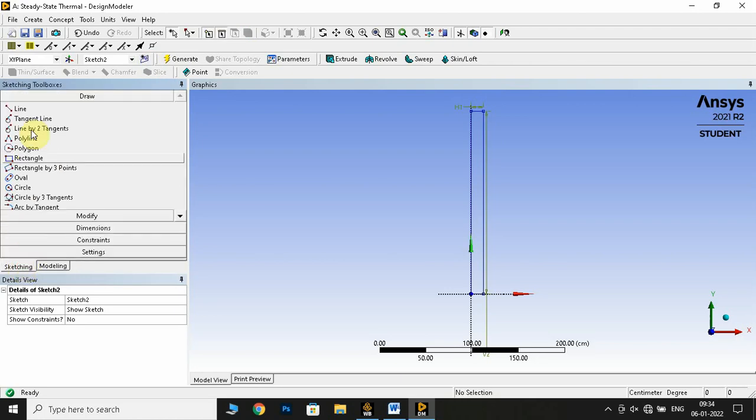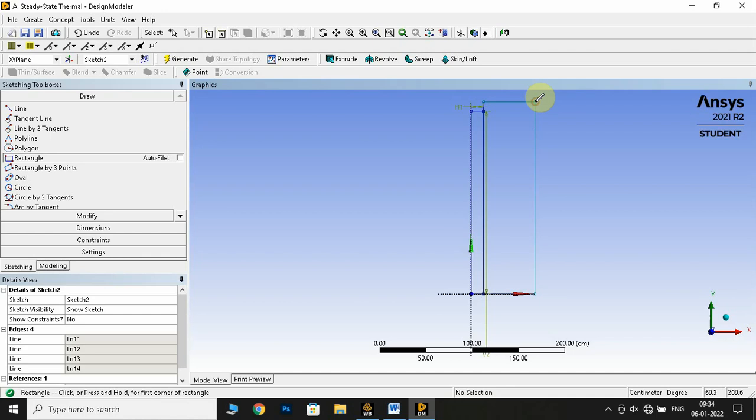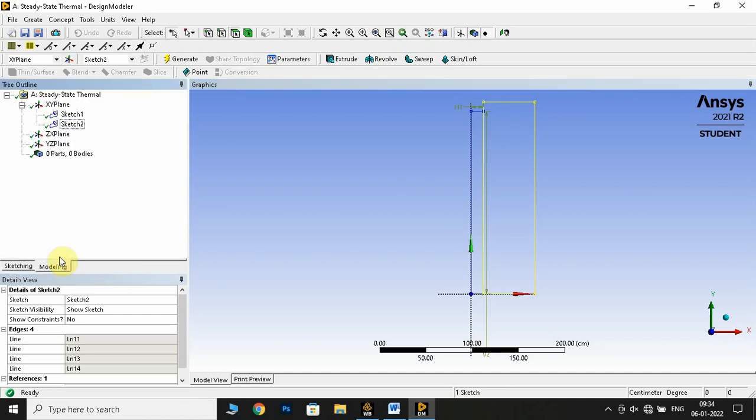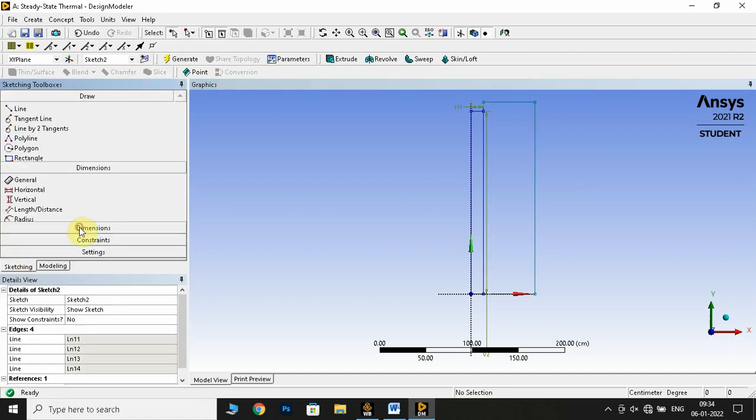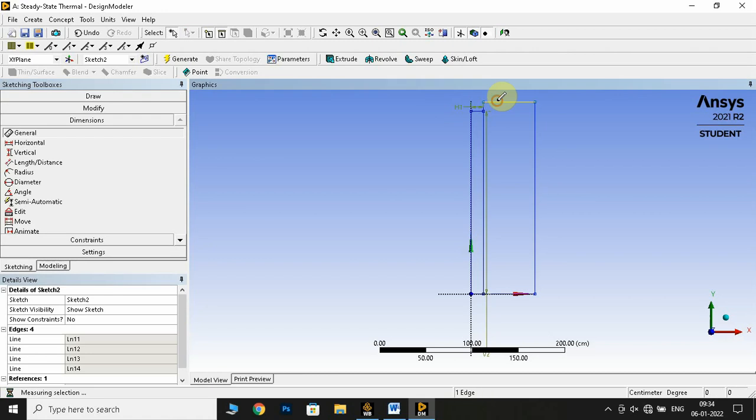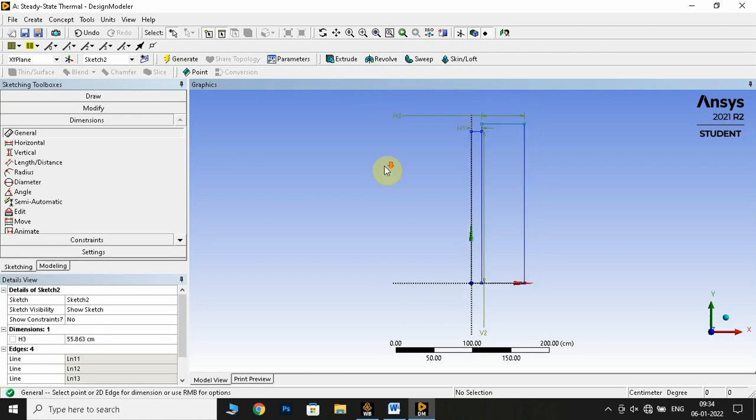Now sketching, again rectangle. Wait until it shows P. Now draw a normal rectangle, and now in sketching dimensions, this is H3, this is V4.